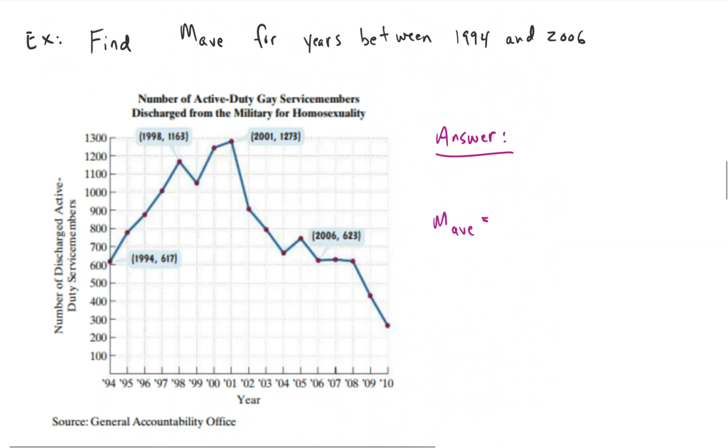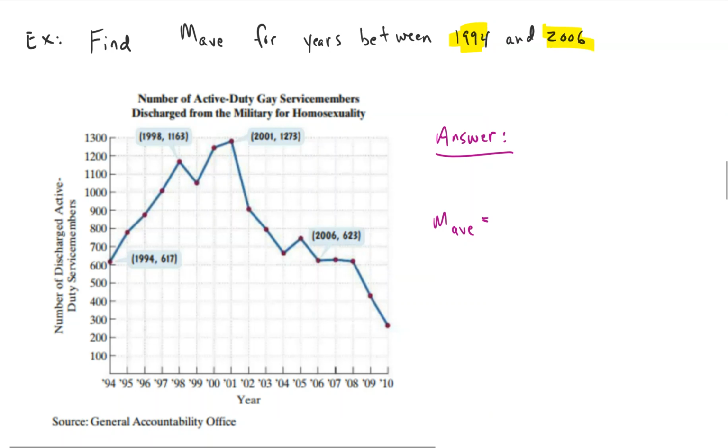Okay, let's do one more quick example. Here's a graph of the number of active duty gay servicemen discharged from the military for homosexuality. This is a good picture because it has a lot of ups and downs, so let's use it to show how to find the average rate of change. So if we want to find the average rate of change in the discharges between 1994,